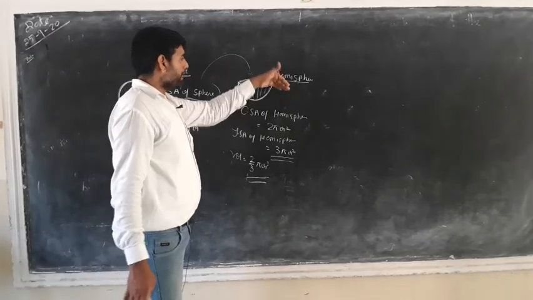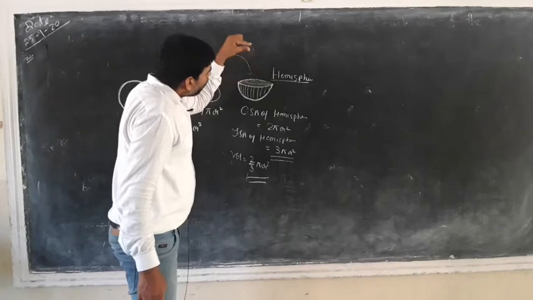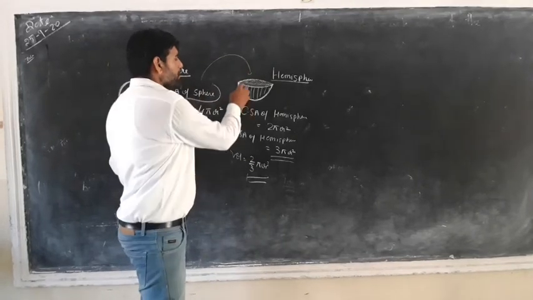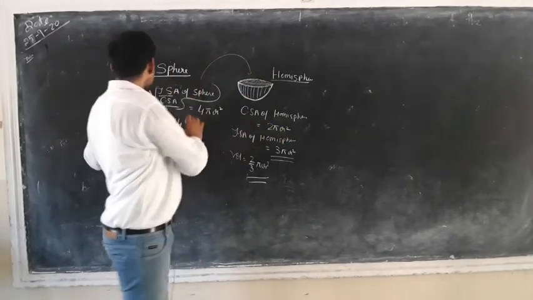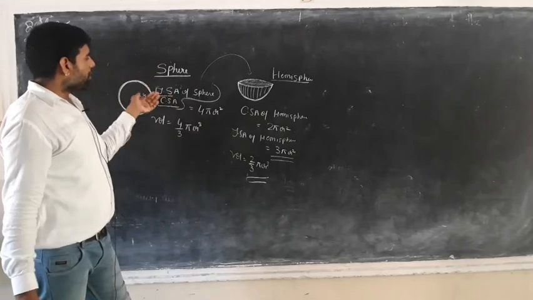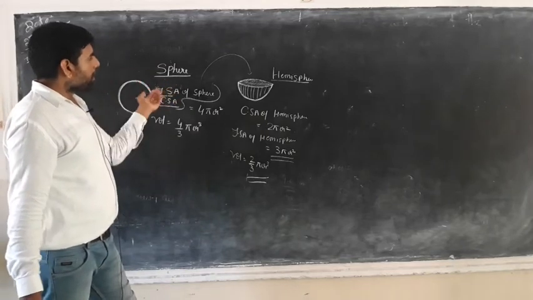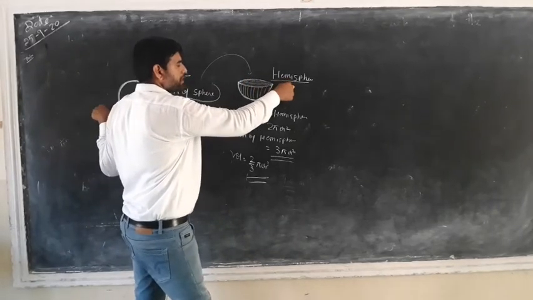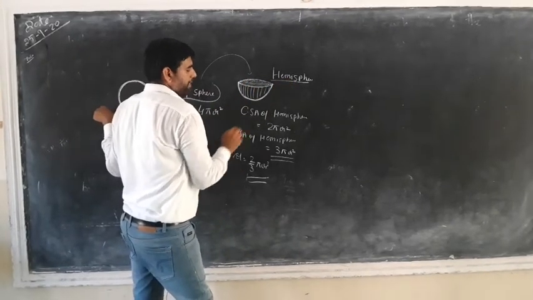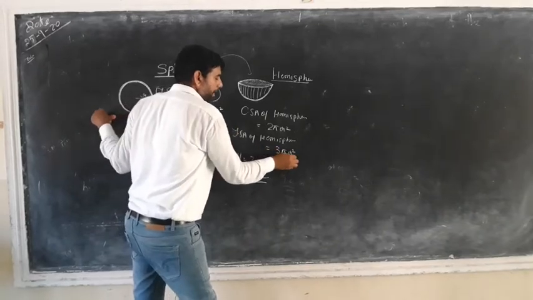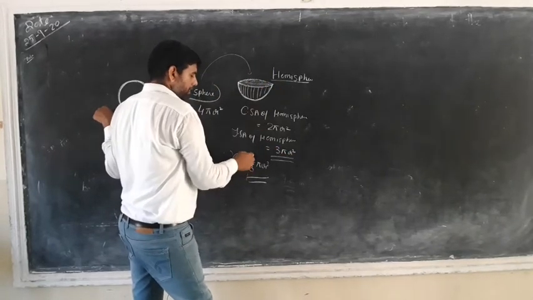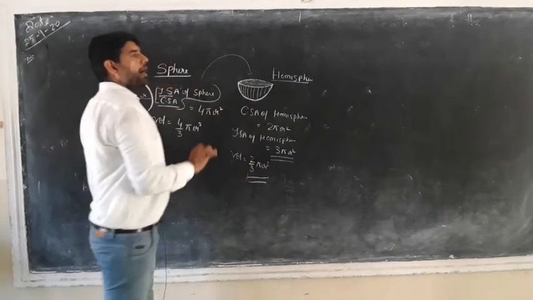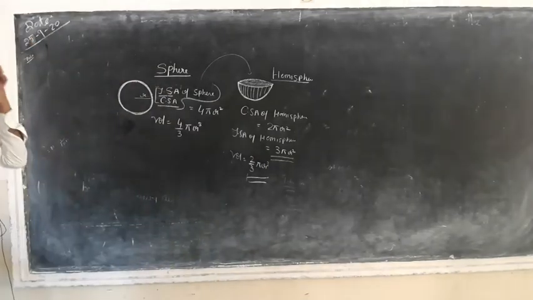The curved surface area of a hemisphere is equal to 2πr², because it is half of the surface area of the sphere. But the total surface area of a hemisphere is equal to 3πr², and the volume of a hemisphere is equal to 2/3πr³. Okay,